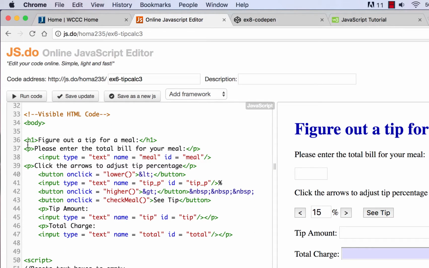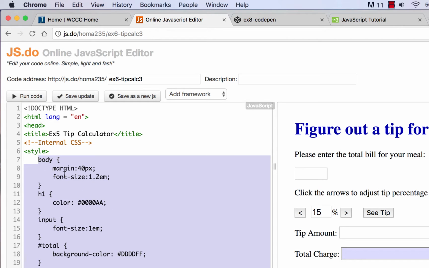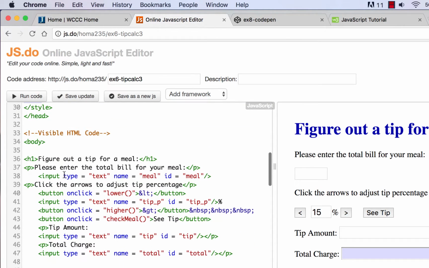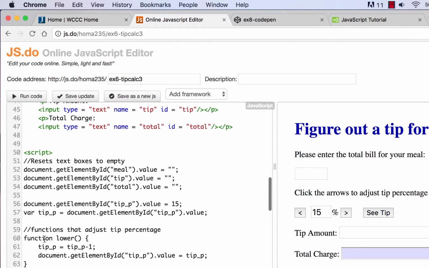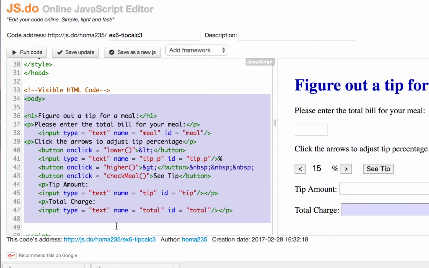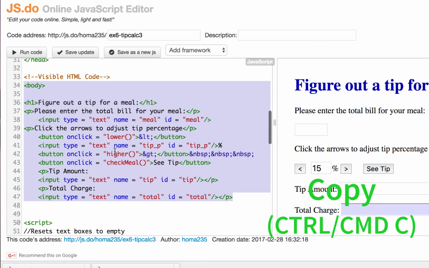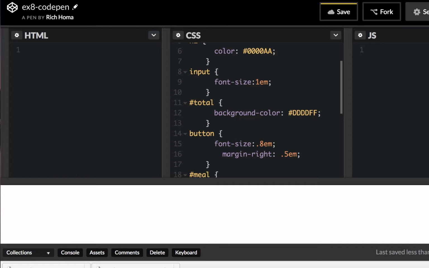Now HTML, you could start with your H1, but we did give body some properties in here, so I might as well keep my body tag, but keep in mind that your closing body tag is below the JavaScript, so just copy your body through whatever your last part of your HTML is before your script starts. So I'm just going to copy that, and I'm going to put that in my CodePen for my HTML,